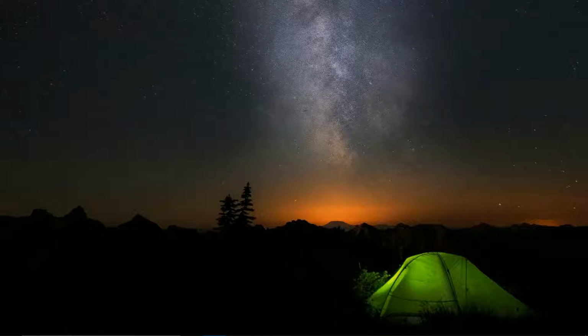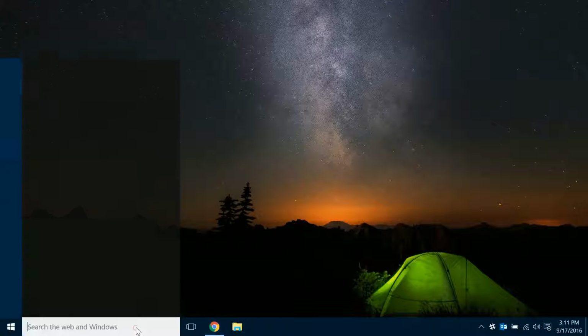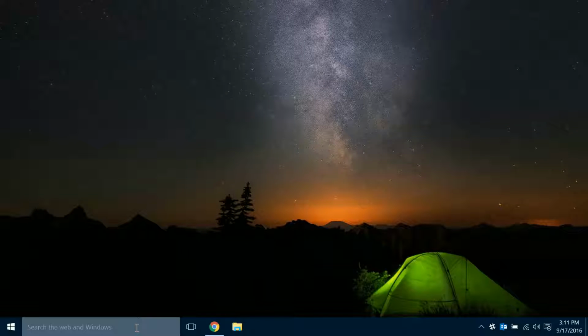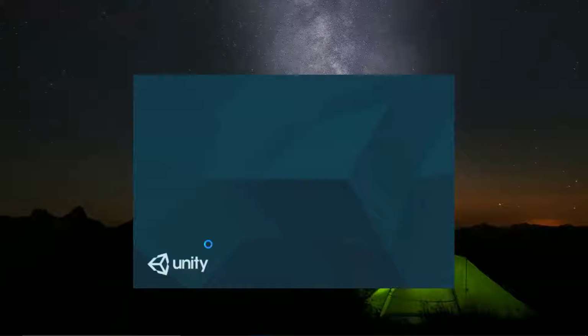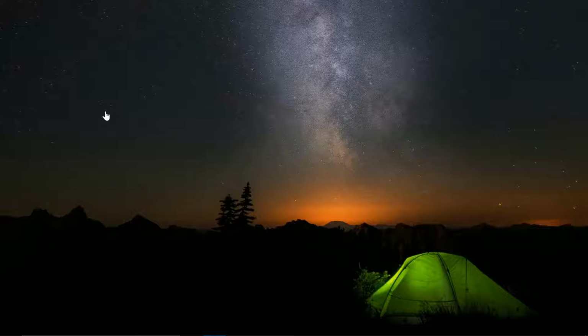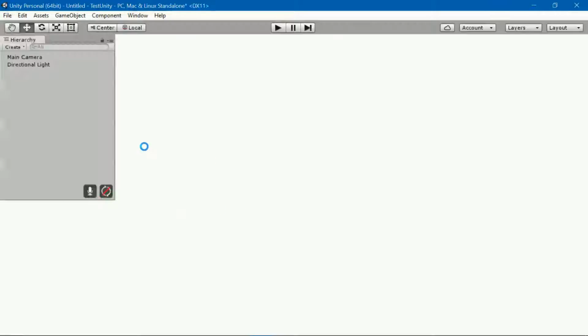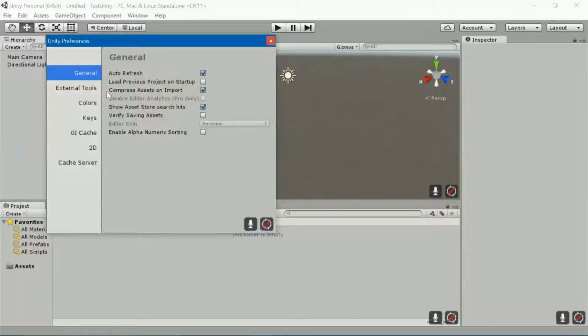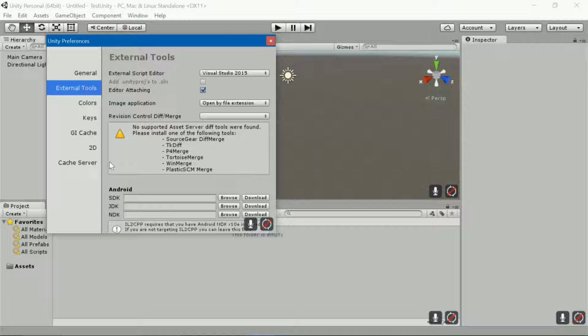So this concludes all the downloading and installing business. One last step is to let Unity know about the Android SDK and JDK locations. So the way you do it is open Unity, create any test project if you will. Then you need to go to edit, select preferences, go to external tools and browse for your locations for SDKs